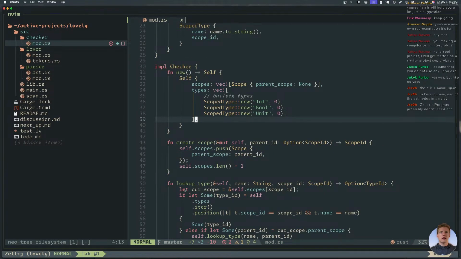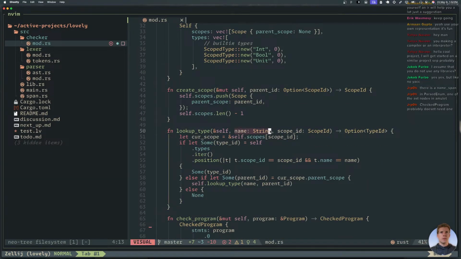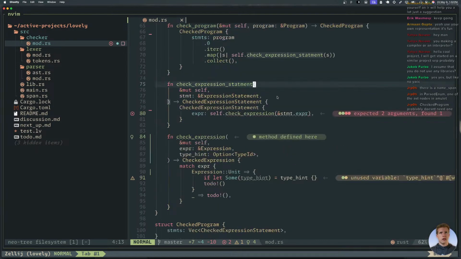Did I make a lookup type? Yeah. This I feel like should be a str. Wow, that didn't actually break anything. So we'll look up the type. Okay, yeah, here we go.